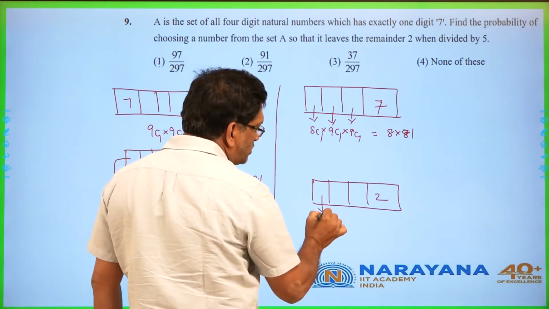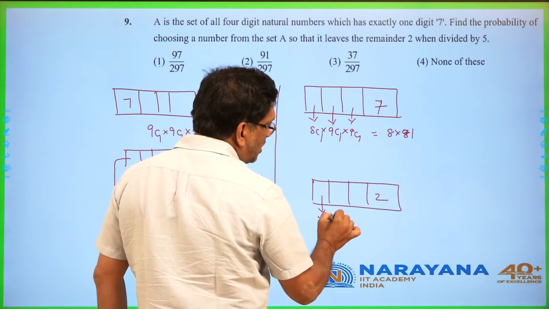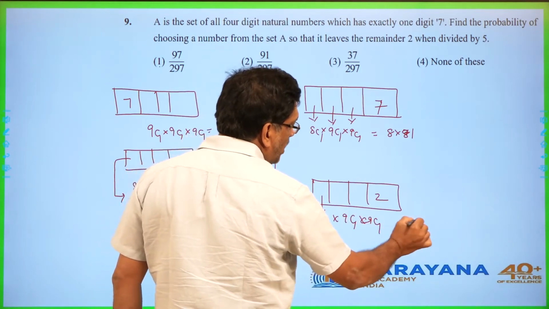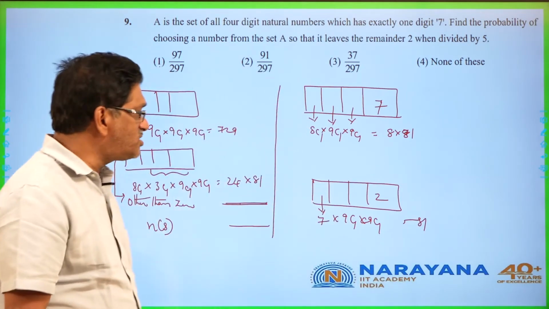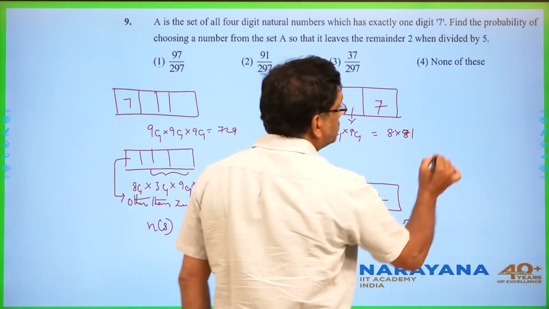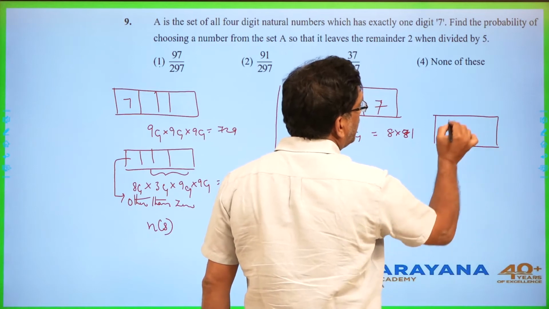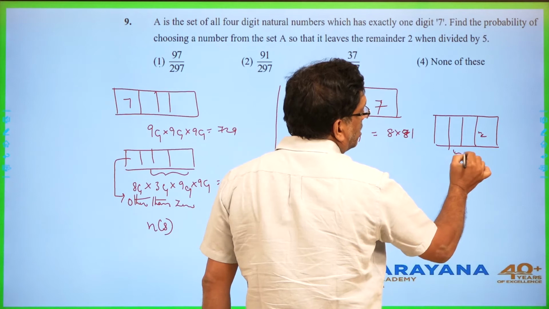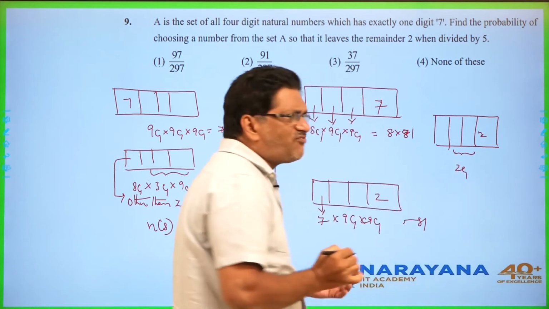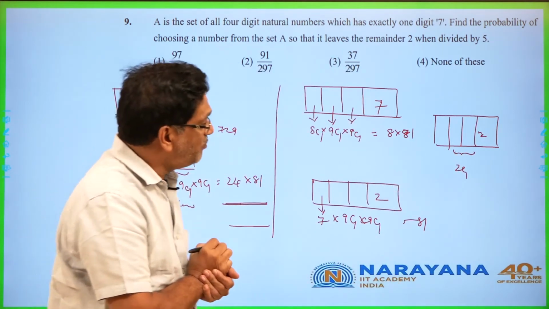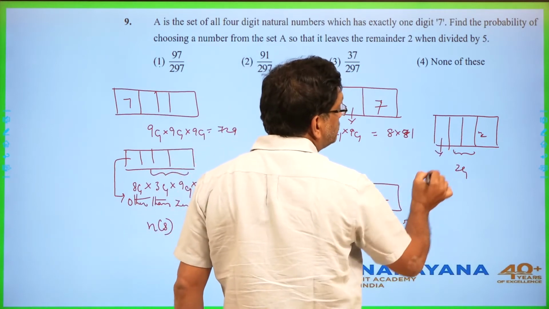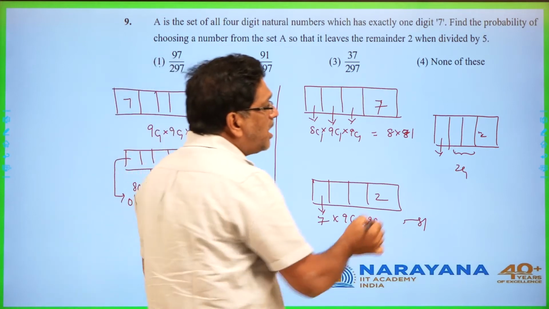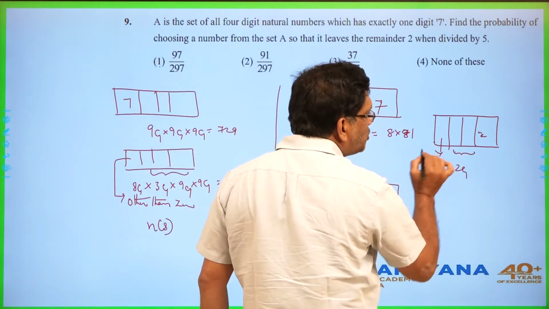One is that 7 may be here. 7 is here, 9C1, 9C1. These are 81 cases. Another one, I am going to write here. It is like this. Here 2. Here, select one of the places for the 7 in 2C1 ways. Here other than 7, but 2 is already over. But as repetitions are allowed, other than 0,